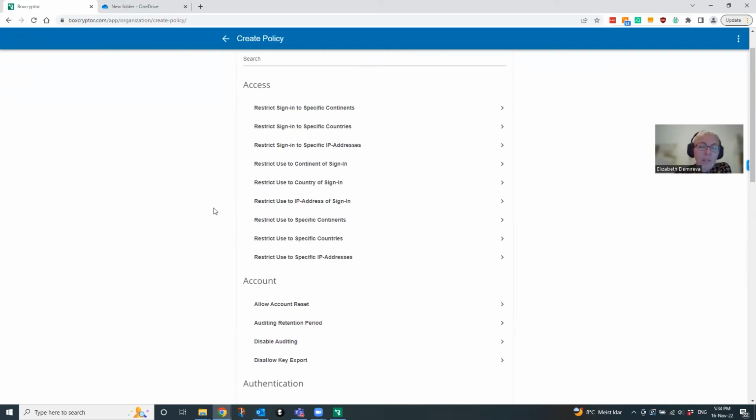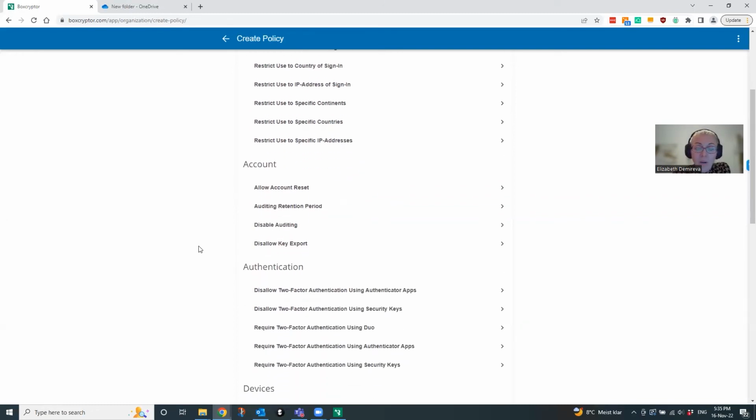And one friendly piece of advice: when you set up the restriction policies, please exclude yourself as an administrator, so that you can at least come back afterwards and change the policy